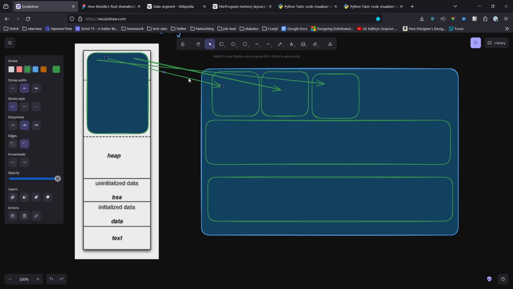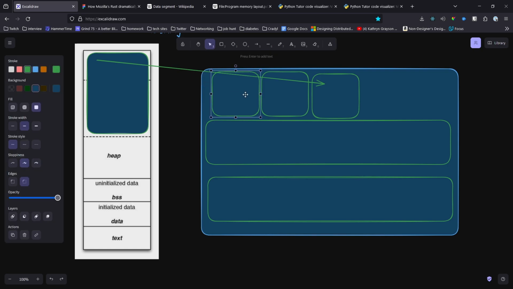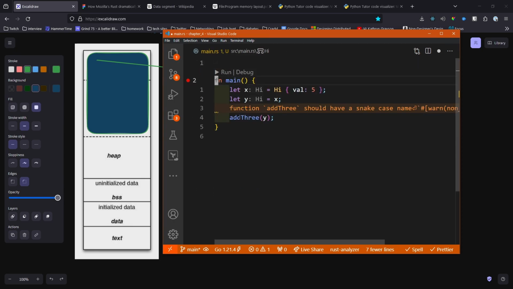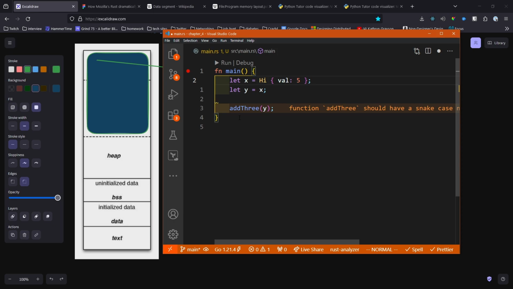So let's say in this case, let's put it to something more specific. So we have